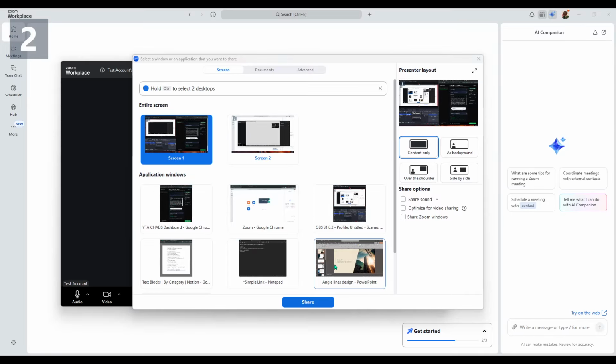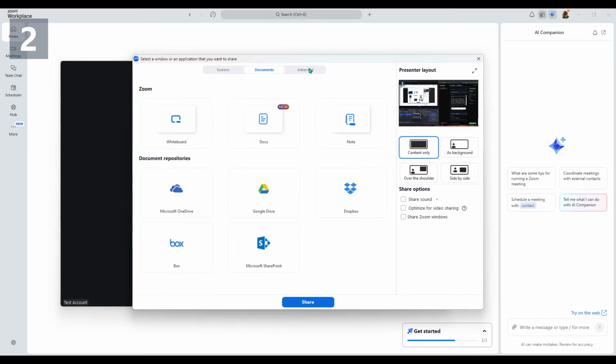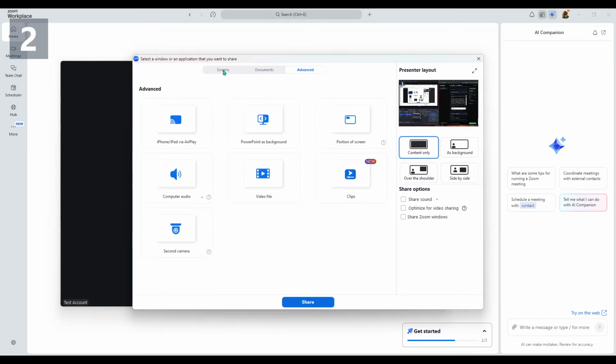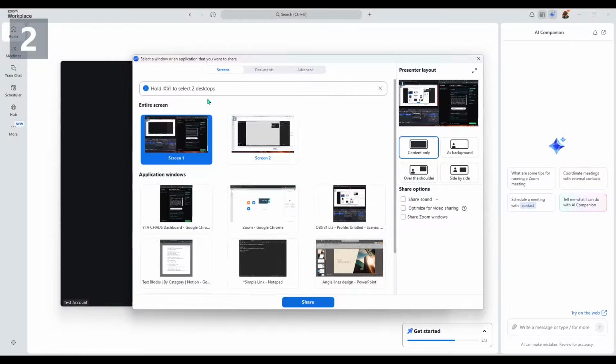At the top, you'll notice 3 tabs: Screens, Documents, and Advanced. To keep things straightforward, we'll focus on the Screens tab. This view shows thumbnails of everything you can share. You'll typically see your entire displays, labeled as Screen 1, Screen 2, and so on, along with individual application windows